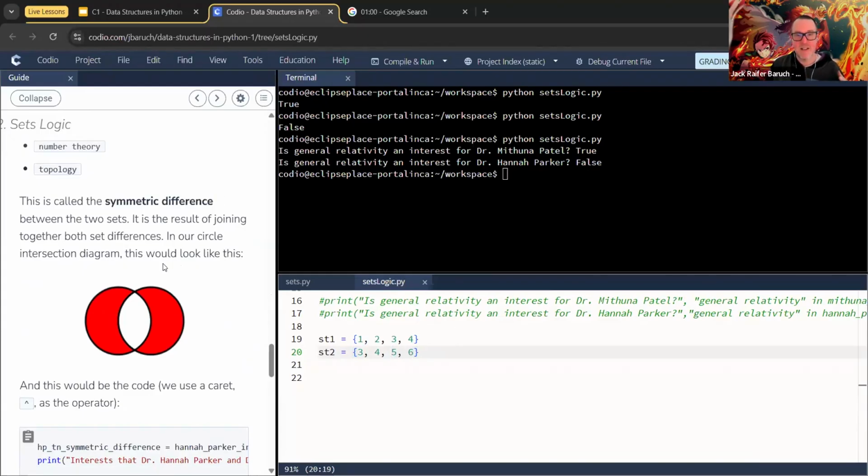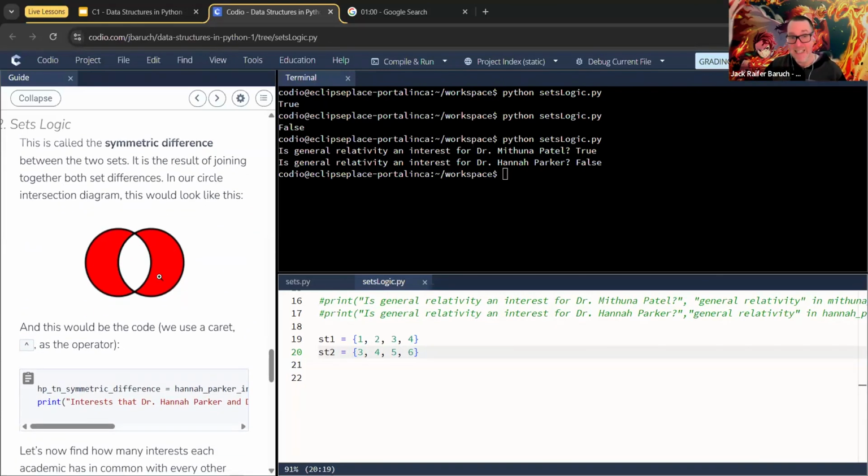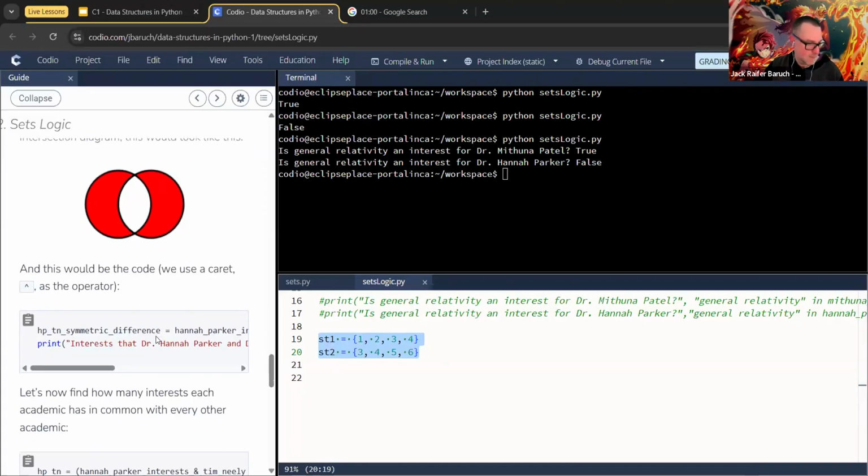Imagine we put together both sets and we see what's in this set and what's in this other set, but that it's not there together. So what would be the symmetric difference between set 1 and set 2? Correct. 1, 2, 5, and 6, because set 2 doesn't have 1 and 2, and set 1 doesn't have 5